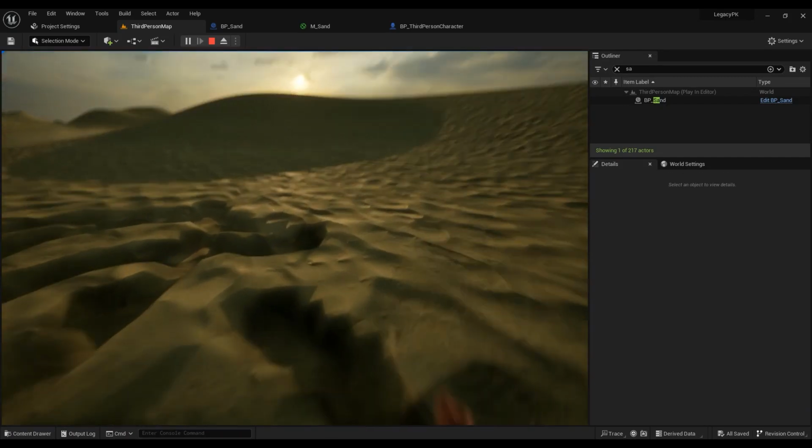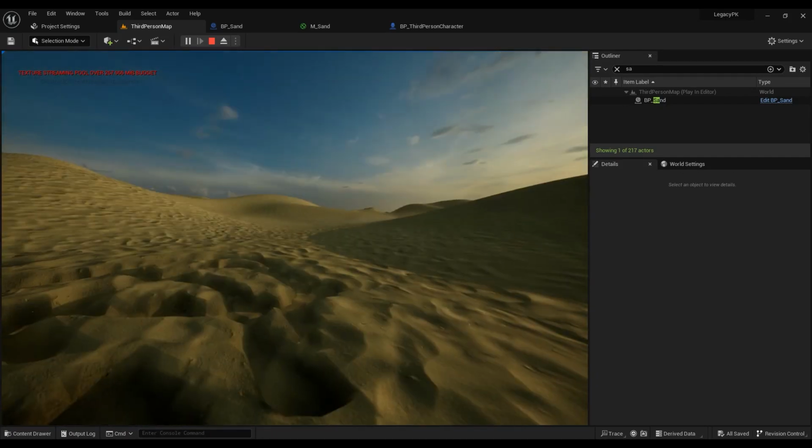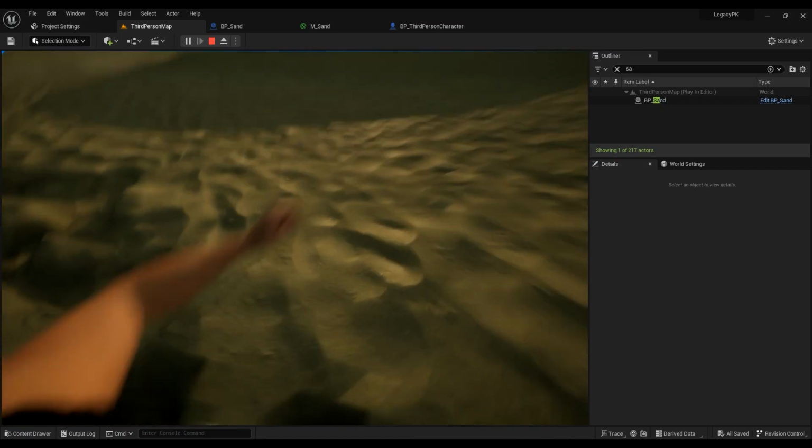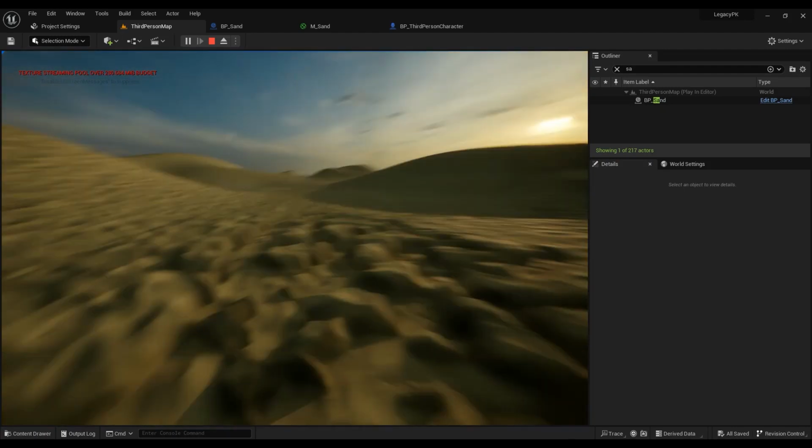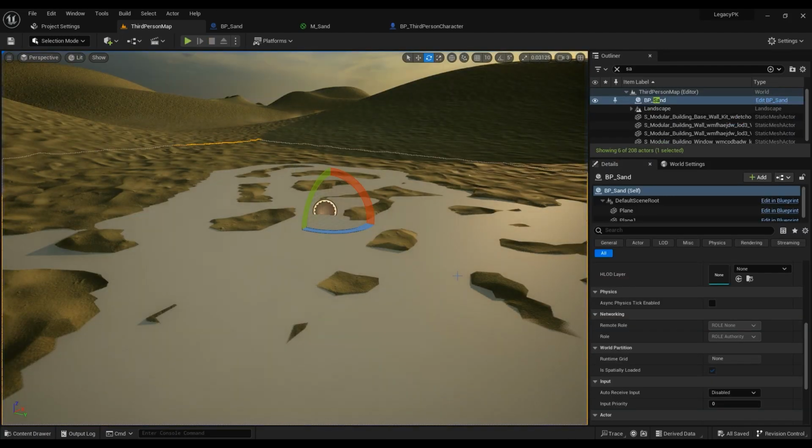So if you want to use it on a complete landscape, you have to first export the whole mesh and then use it in a BP. But anyway, this is what we're going to get after everything we are going to do. So to first